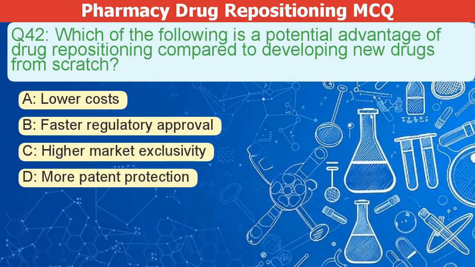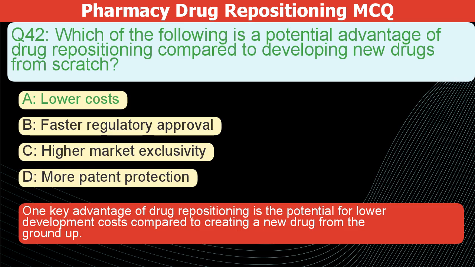Which of the following is a potential advantage of drug repositioning compared to developing new drugs from scratch? A. Lower costs. B. Faster regulatory approval. C. Higher market exclusivity. D. More patent protection. The correct answer is A. One key advantage of drug repositioning is the potential for lower development costs compared to creating a new drug from